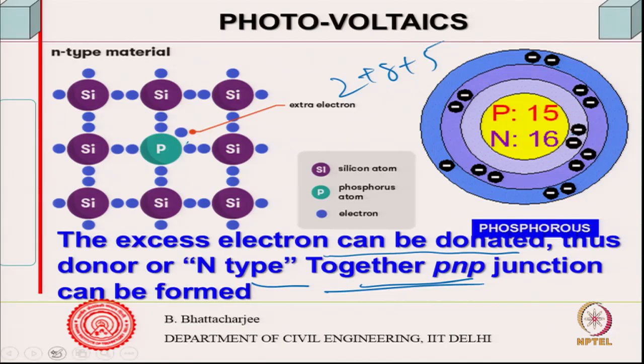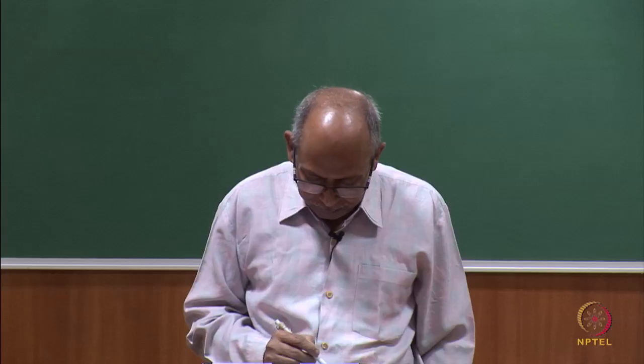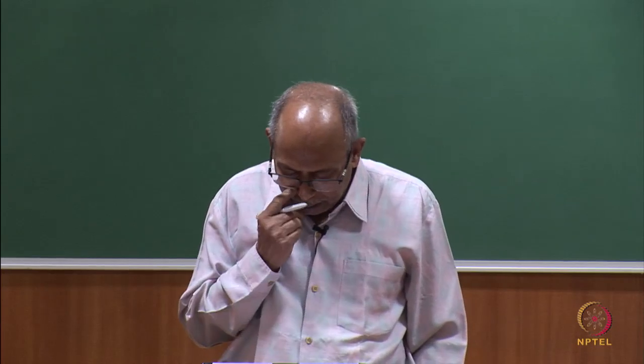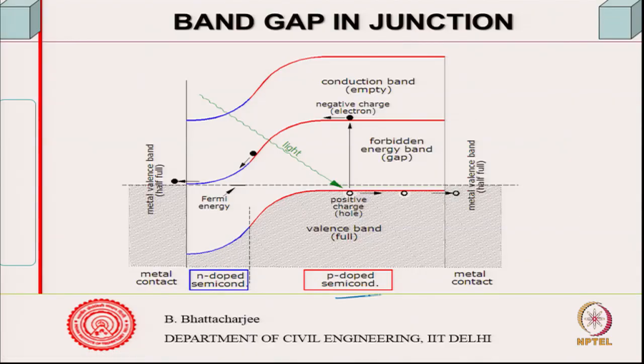So, that is what I am saying. These junctions are used, right. It is something like this: you have p-doped semiconductor, you have n-doped semiconductor, and you have metal on both the sides. So, when light falls onto this, right,